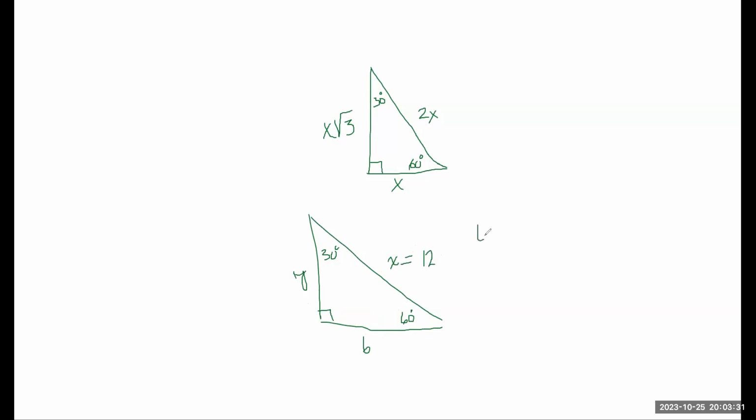You could take 6 squared plus y squared equals 12 squared, and 6 squared is 36 plus y squared is 144. Subtracting 36 from both sides and getting 108. Taking the square root of both sides and ignoring the plus or minus sign,